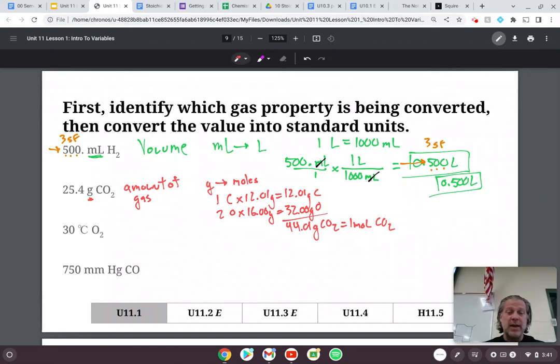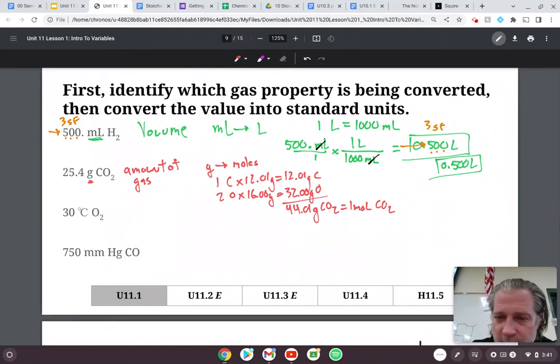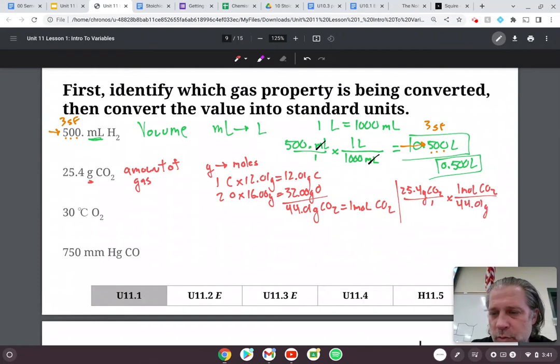And so now I'm just going to use that molar mass and set this up so I can cancel out my units. So I'm going to take the 25.4 grams of CO2, put it over 1. I'm going to put 1 mole of CO2 on the top and 44.01 grams of CO2 on the bottom. And then I'm going to grab my calculator. I'm going to take 25.4 times 1 divided by 44.01, and my calculator is going to give me something like